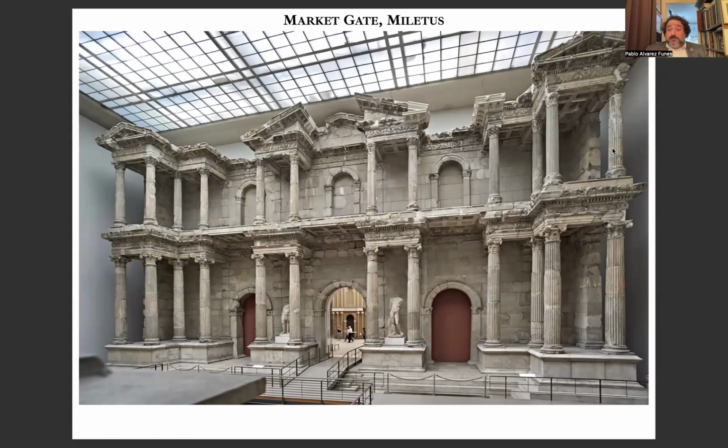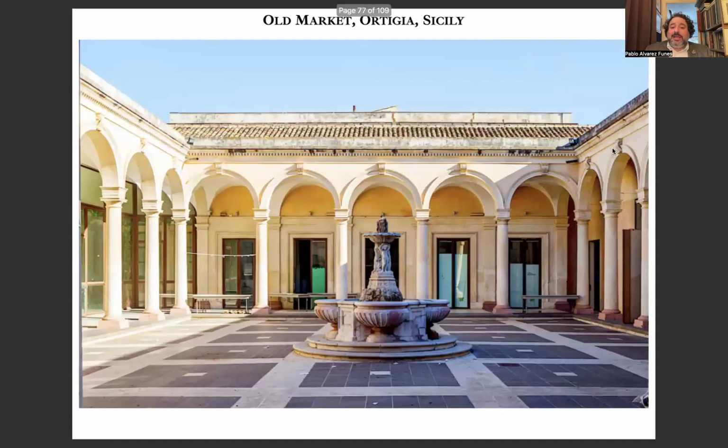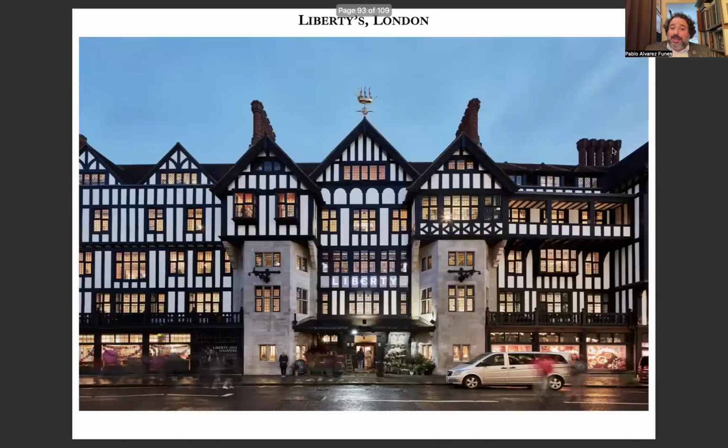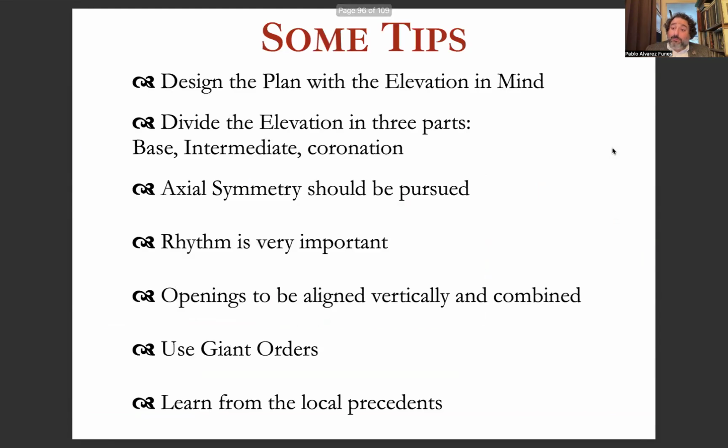Because you can say, oh, this is Greek. It's too late to be Greek. It's Roman. It's not Roman. It's Hellenistic. Okay, we could call it Hellenistic. But then we are talking about a very, very particular thing, and you cannot say, oh, I have designed the gate to my house in Hellenistic style. I think that styles are a conceptual frame that we need to have, but we cannot be slaves of the style,